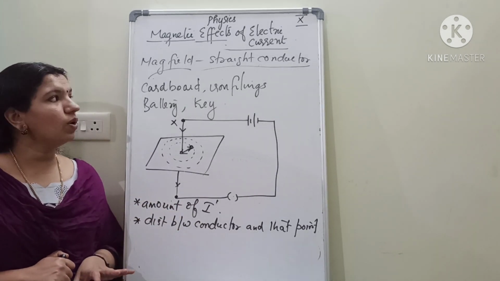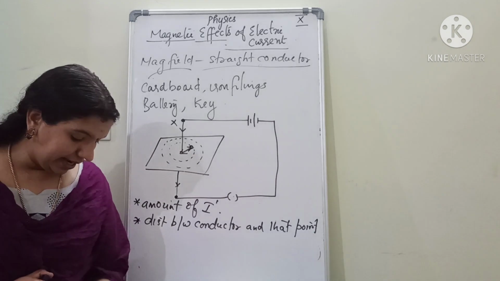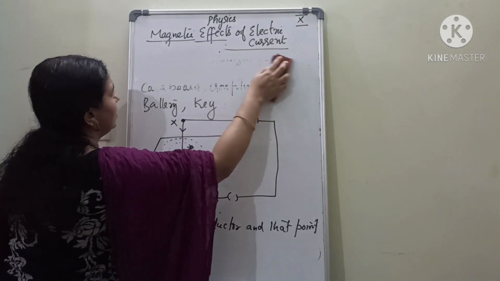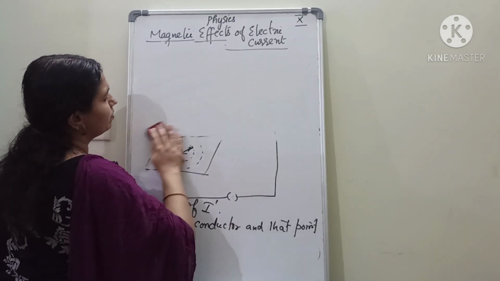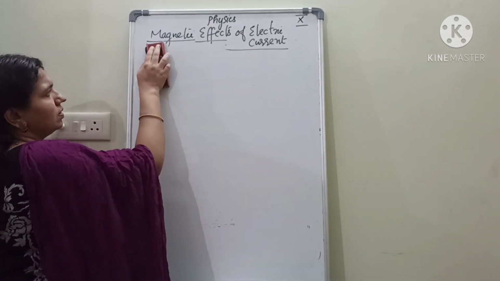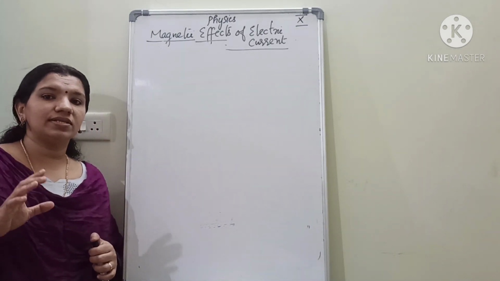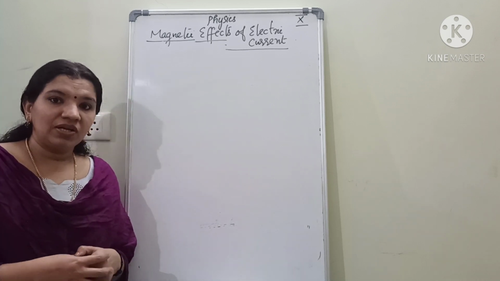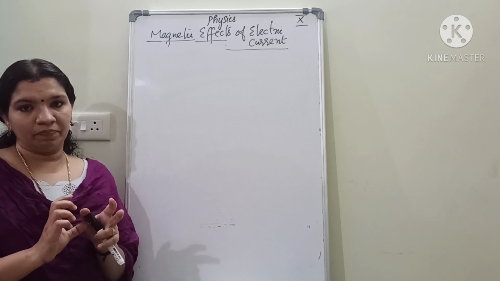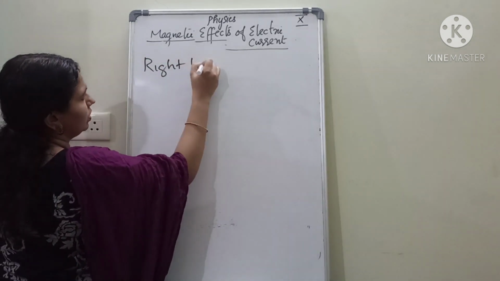It's very important also. And after this activity, a rule was introduced. Again, another important topic. The rule is called the right hand thumb rule. What is that? The right hand thumb rule. In this chapter, you have to study 2 or 3 rules. So, study the rules properly. Before studying the statement, first you have to understand for what purpose this rule is there. Because each rule has a purpose. Each rule is used to describe a particular physical quantity. Understand? So here we are using the right hand thumb rule.